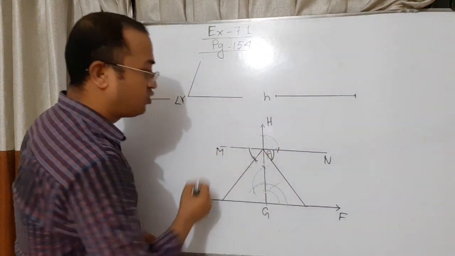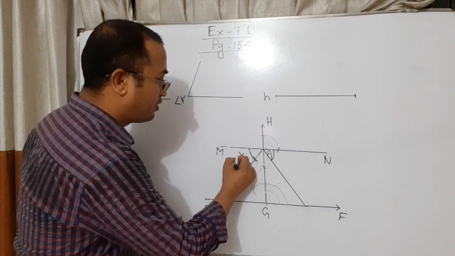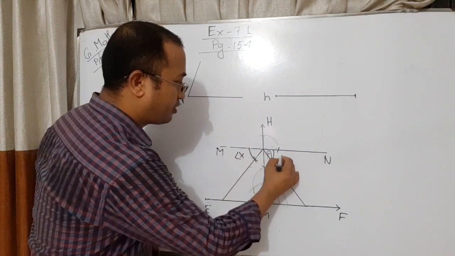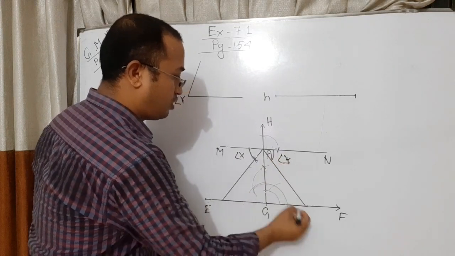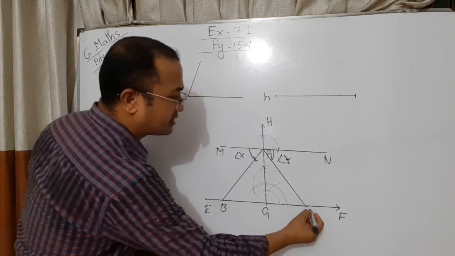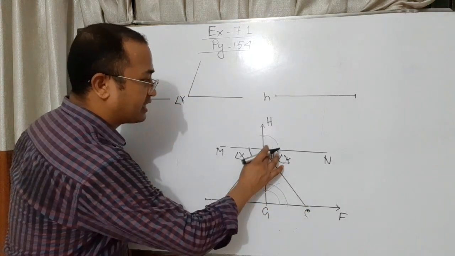This is equal to Y and this is equal to angle X. This is B and this is C. So ABC